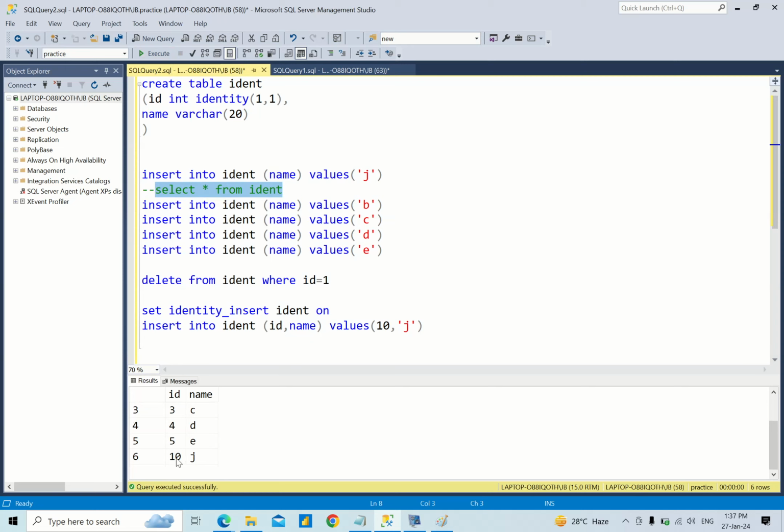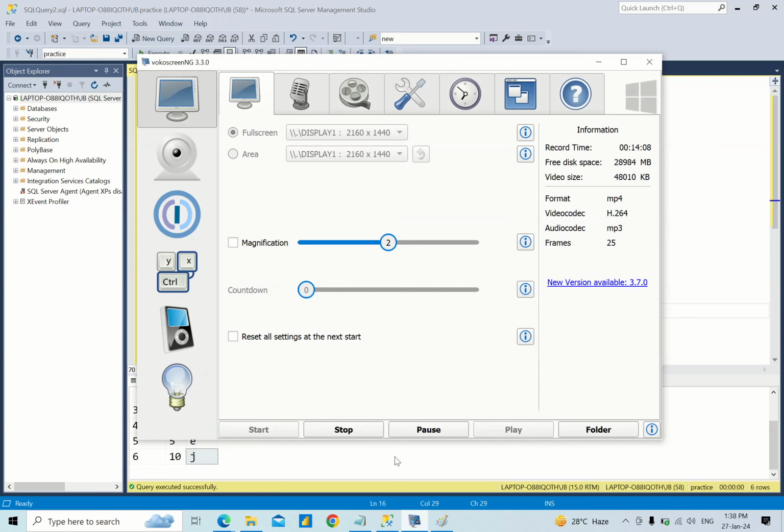Now please observe, it is added at the bottom, right? So like that you need to add values manually through this command, set identity_insert table name on. So this is about the identity column. If you have any doubt,